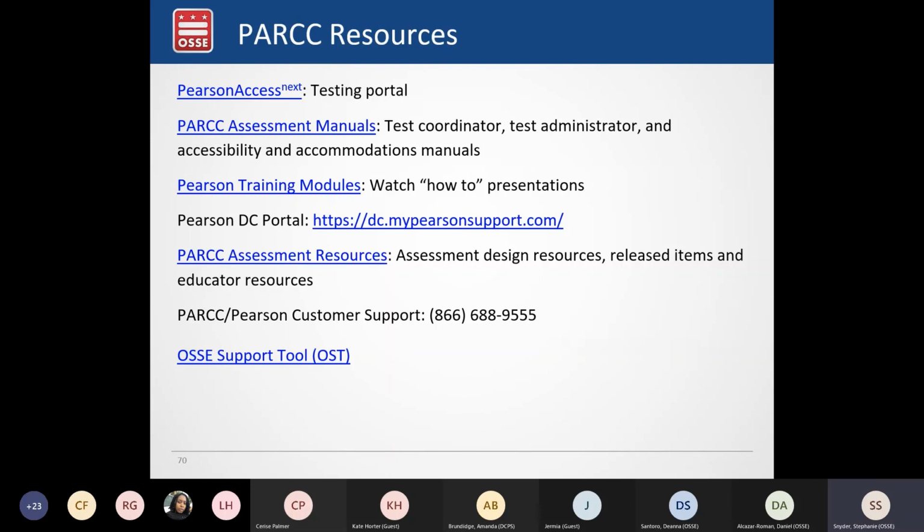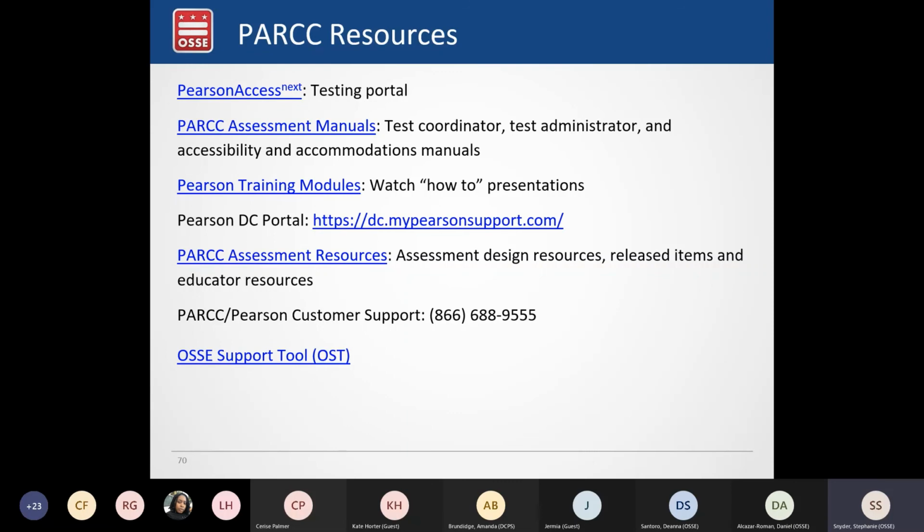And this slide details a number of resources related to PARCC. The testing portal, the management portal for LEAs and schools, Pearson Access Next. There are also manuals and training modules and other resources that are available to help understand the assessment design, providing released items and some educator resources that may help educators be better prepared for testing.